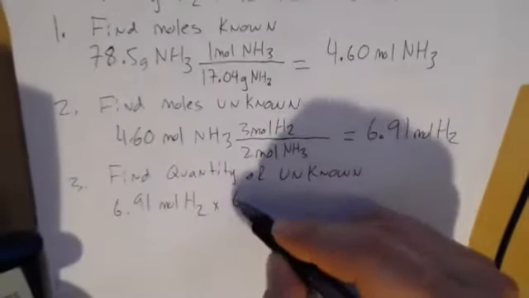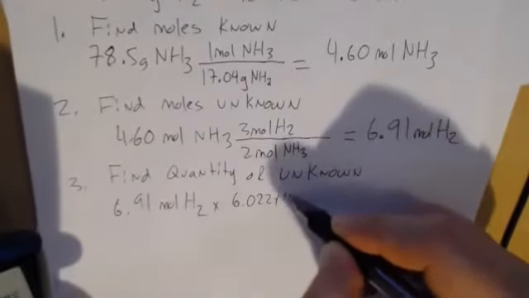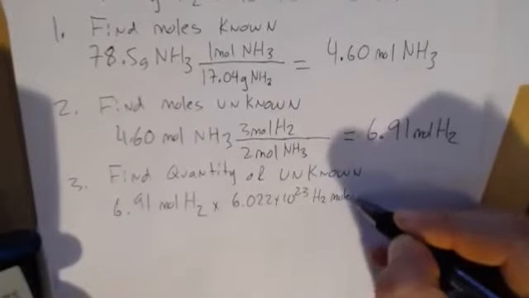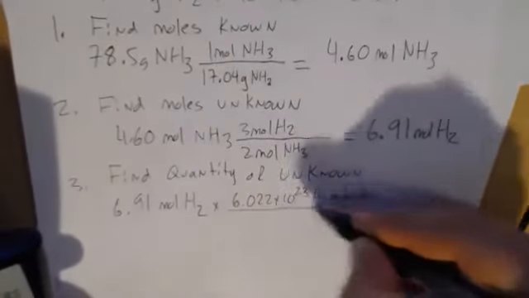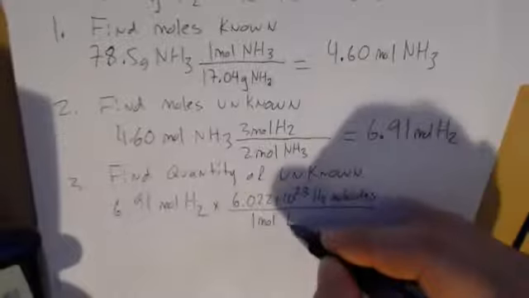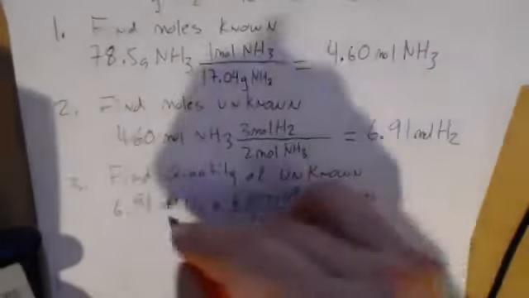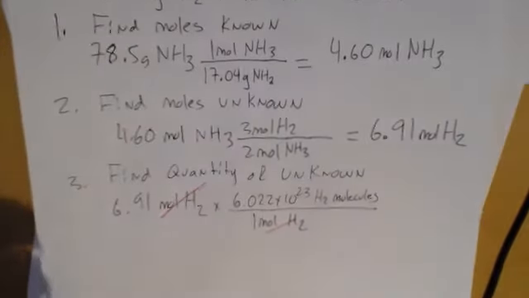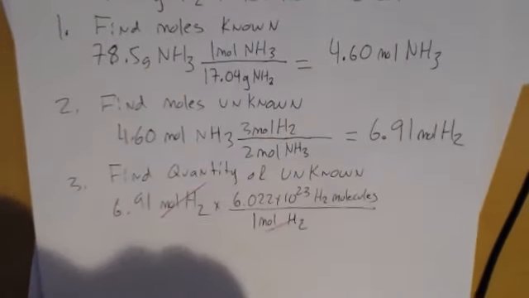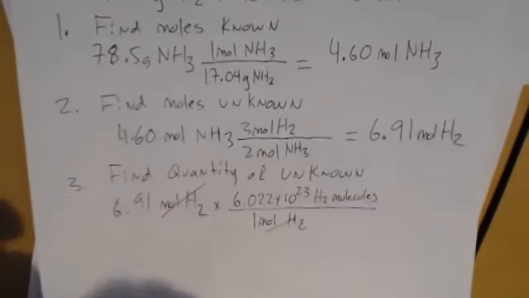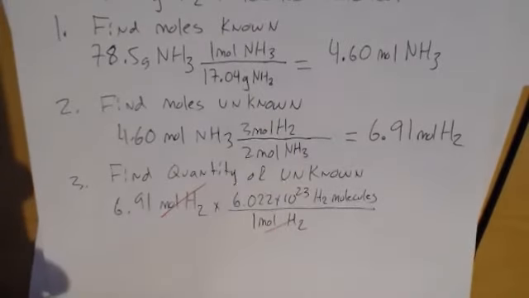Times 6.022 times 10 to the 23 hydrogen molecules over 1 mole of hydrogen. So moles of hydrogen cancel. I'm going to take my raw unrounded value in my calculator times 6.022 times 10 to the 23. And I get,